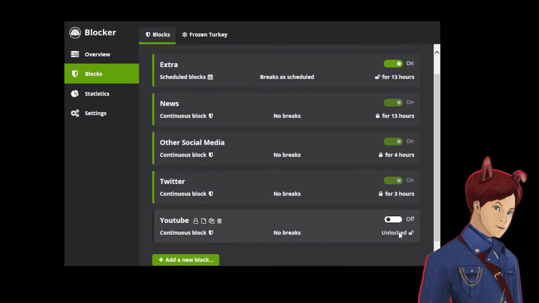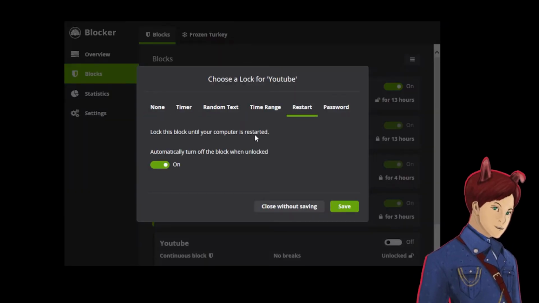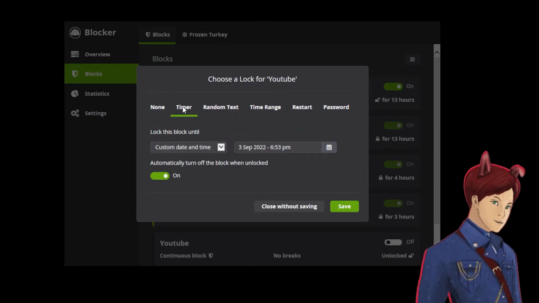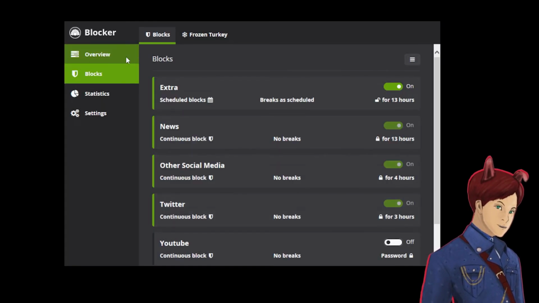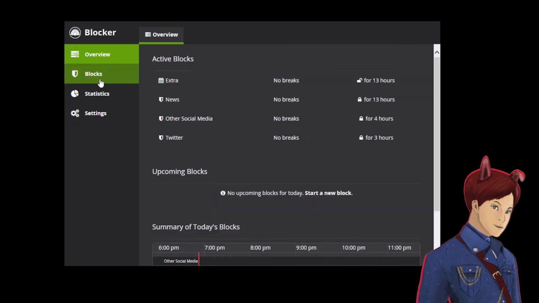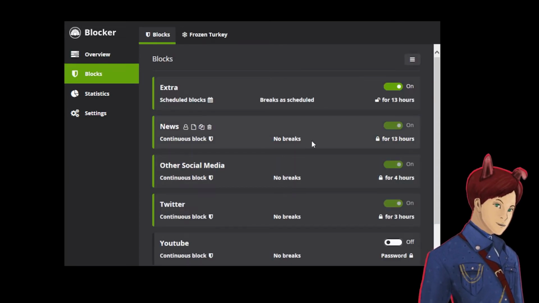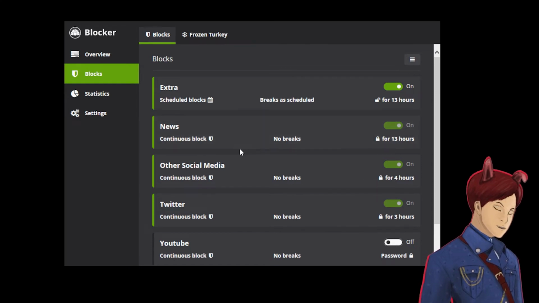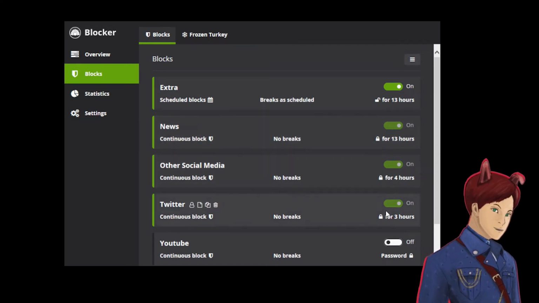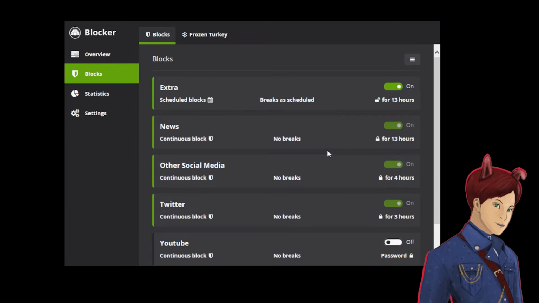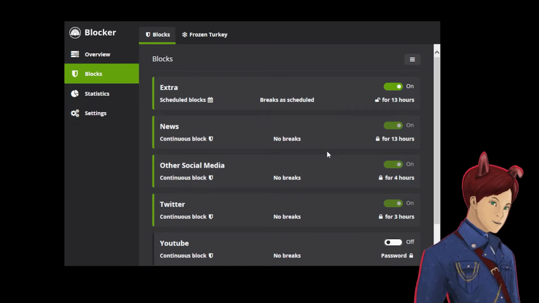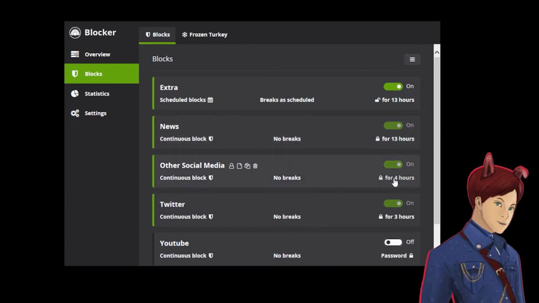Different methods of doing this are like you have to restart your computer to unblock it, or type random text. Usually it takes like 1 minute to type it, and so on and so forth. So all this will actually prevent you, when you go to Firefox or your internet browser and try to open the website, it will just not let you go to it. It will just block it, and you cannot do anything, even if you reset your computer. This is all in place and it's all very hardwired. So you cannot, unless you really know how to code or hack this. There's no way you can ever change this until it unlocks.